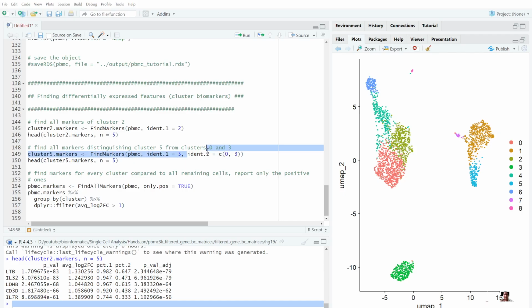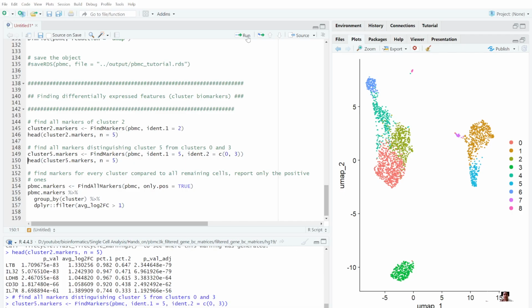And identity 2 is the one from which we want to compare the first cluster, right? So ident 1 is equal to the cluster that we want to compare, and ident 2 are all those clusters with which we want to compare. So if I run this, I will be getting the data,